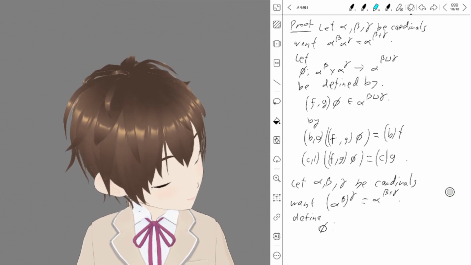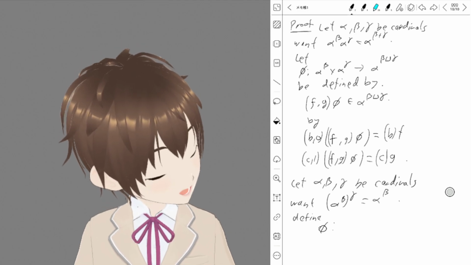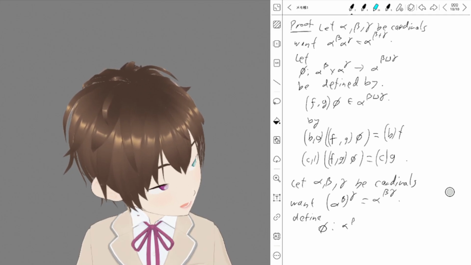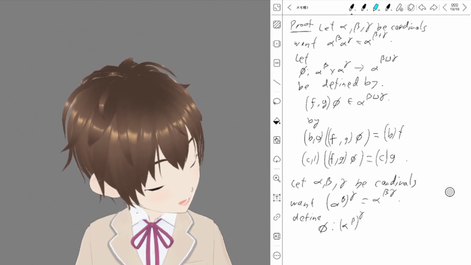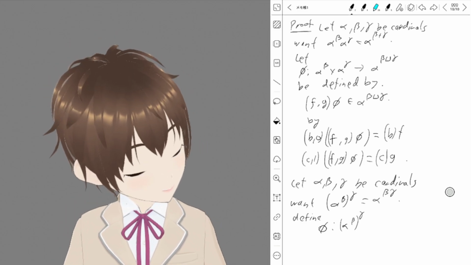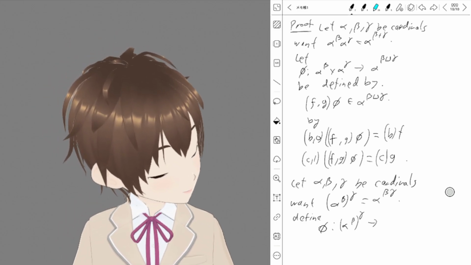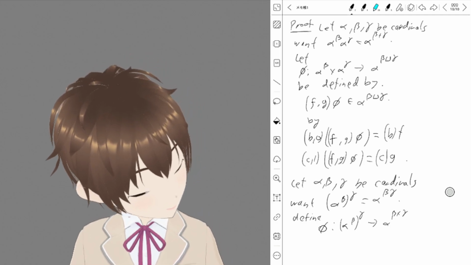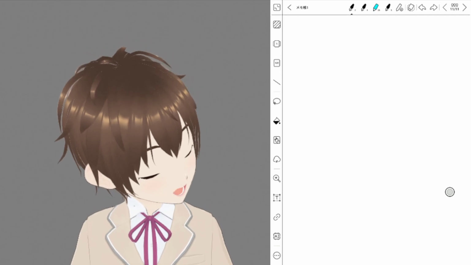In fact, it would have been clearer here if I'd written this without the times. So now phi takes a function from gamma to the functions from beta to alpha, and it assigns it a function from the Cartesian product of beta and gamma to alpha. And I do this by